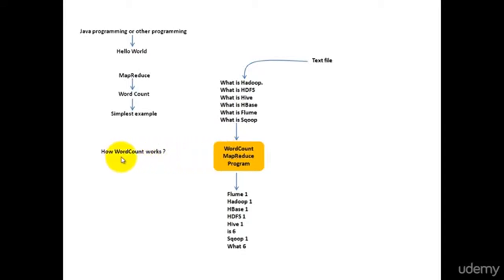So let's see how this MapReduce program works. The problem statement here is to count each word in the given file. That is the word count example. The most important thing in MapReduce is that everything is expressed in the form of keys and values. Mapper function takes keys and values as input parameters. Map output is also keys and values. Reducer input and output is also keys and values. So in MapReduce, data must be expressed as keys and values.